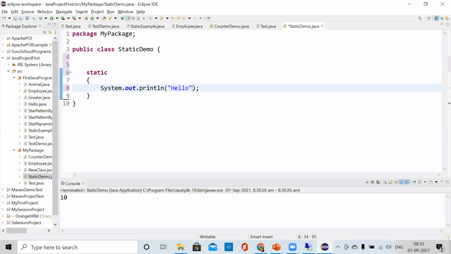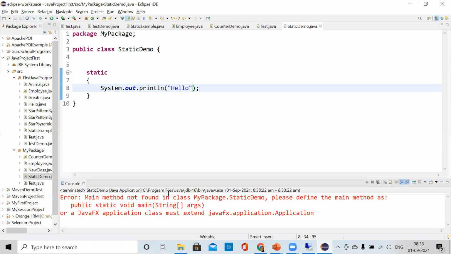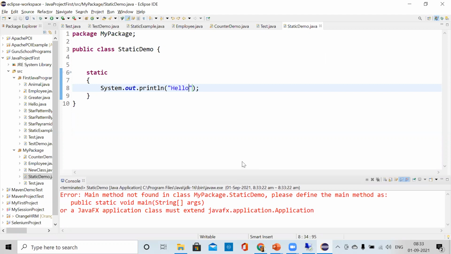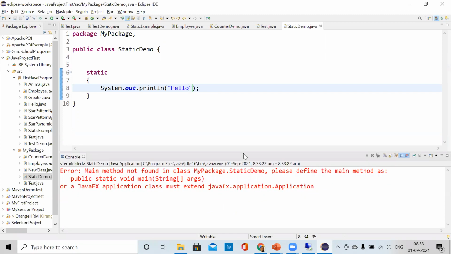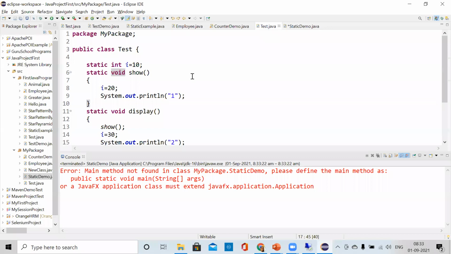There's no main method, nothing. If you execute, it's giving the error. Before version 1.6, it was not giving error, but in the next version, it is giving error. So what you will do, just write the main method.